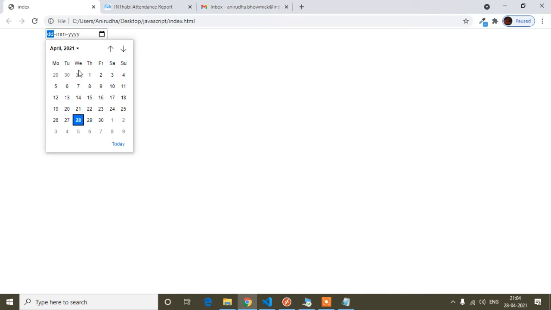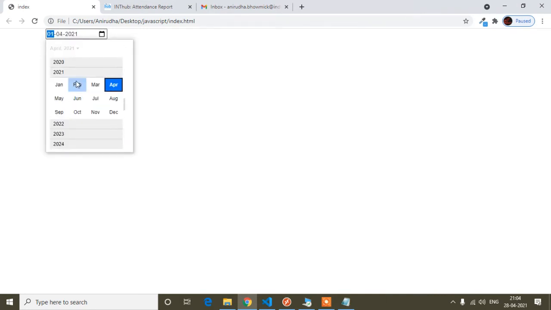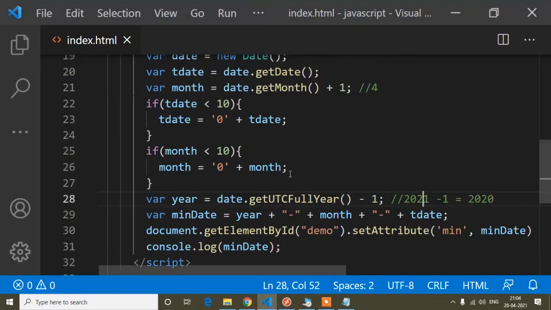So now refresh, and you can see now I can choose 2021's date. But if I go here, you can see it's coming up to 2020 only, and here you can see March, February, January, all the days and months are disabled because I'm getting today's date here.